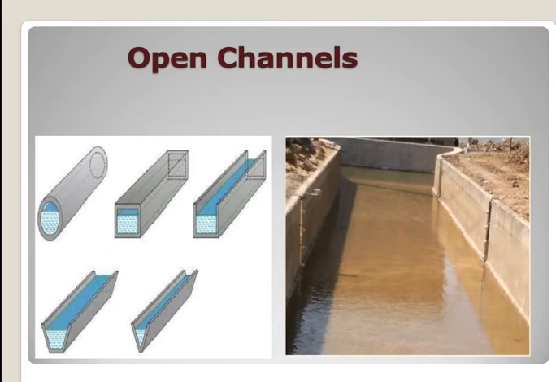So open channels are occasionally used to convey the water from the source to the treatment plant, and these are actually constructed very cheaply and easily by cutting the grounds and the banking: cutting in the case of high grounds, and also by banking in the case of low grounds. So here what we should see is that the channels should be lined properly so that we can prevent the seepage of water as well as the contamination of water.